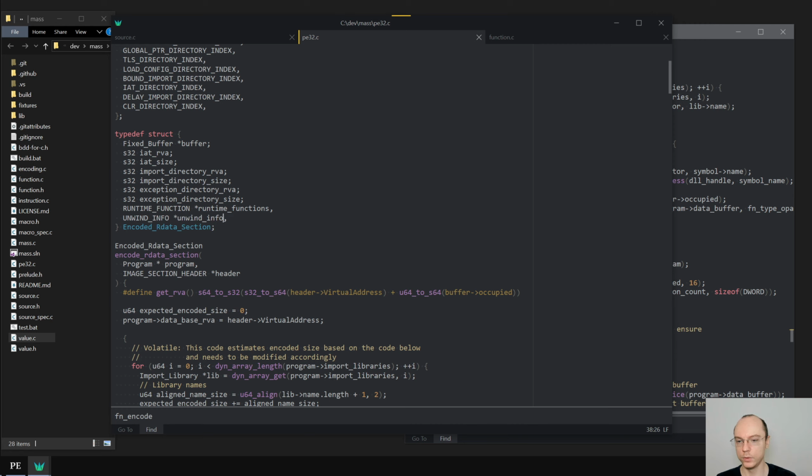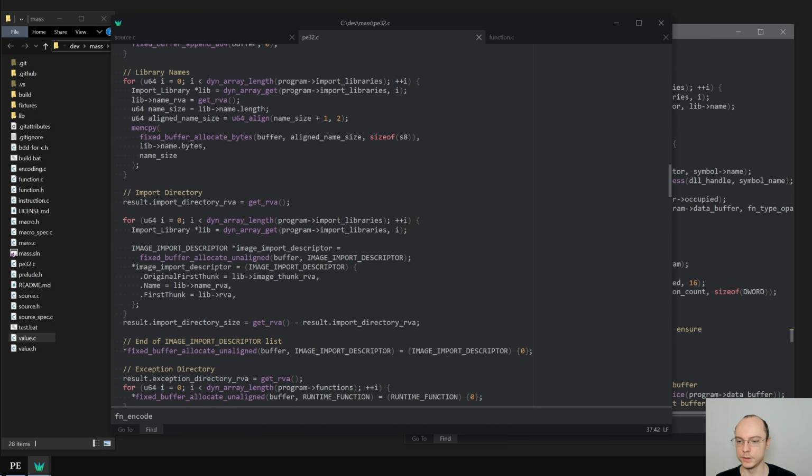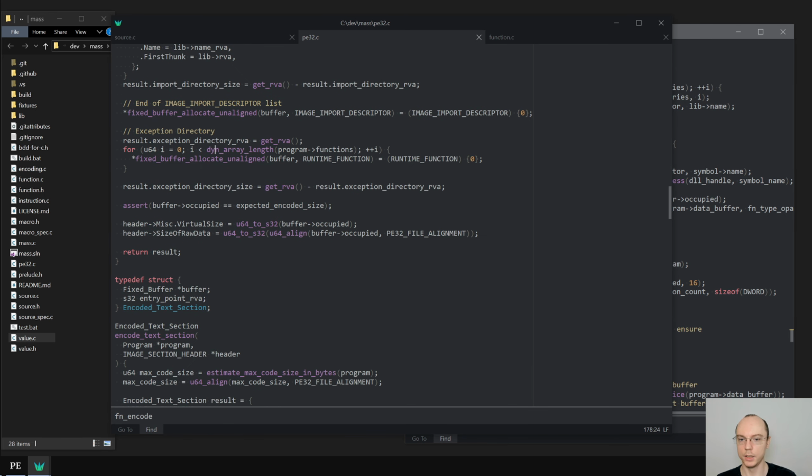Unwind info, or let's put it like this to be more explicit that this is not a single pointer. And then we can do what? Well,